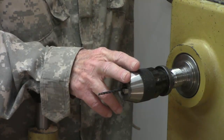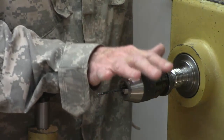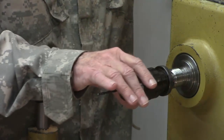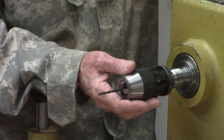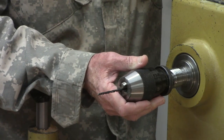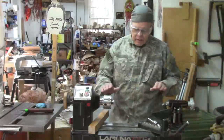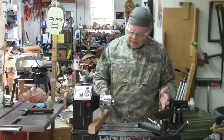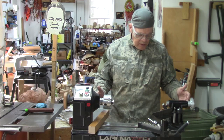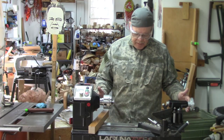Now, we saw earlier it's easy enough to drill with this in the tailstock in drilling a handle, but however that doesn't work if you've got a Midi lathe, because maybe there's not enough room. Let me show you. Alright, let's say you got a Midi lathe. Maybe you got a 16-inch bed like this little Laguna 1216, or maybe you've got a 20-inch bed, but you